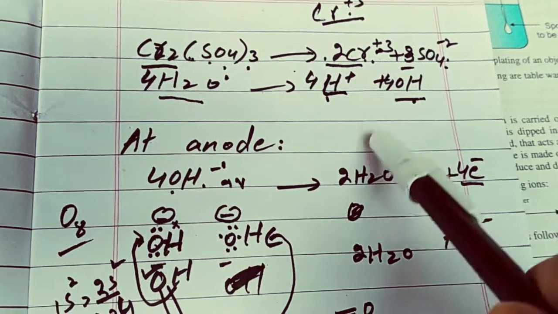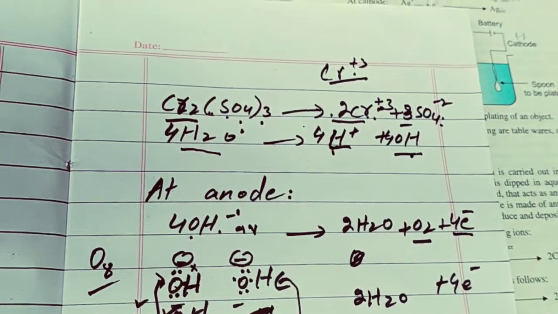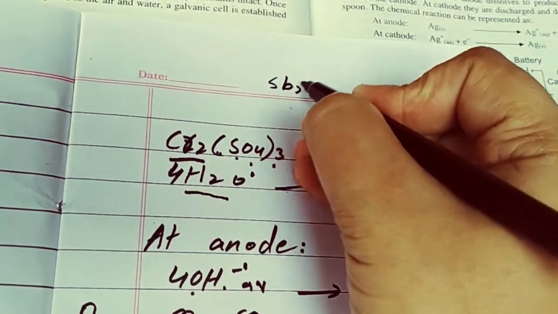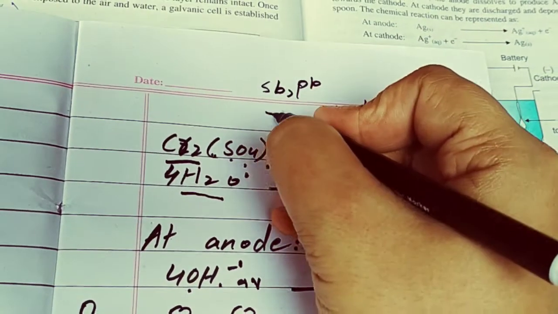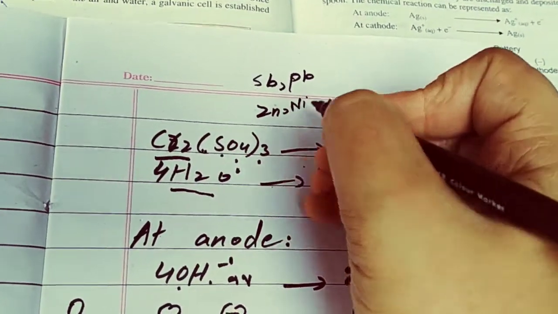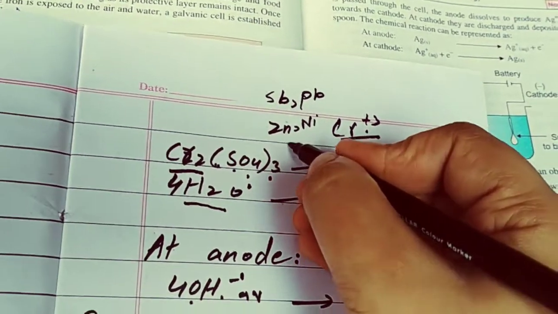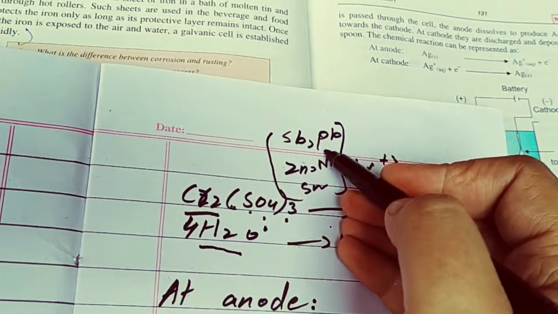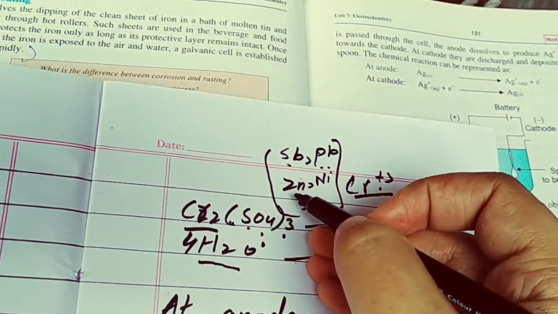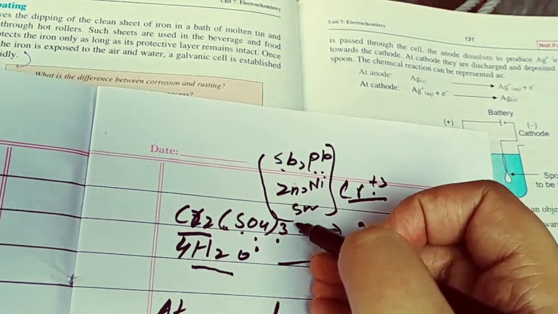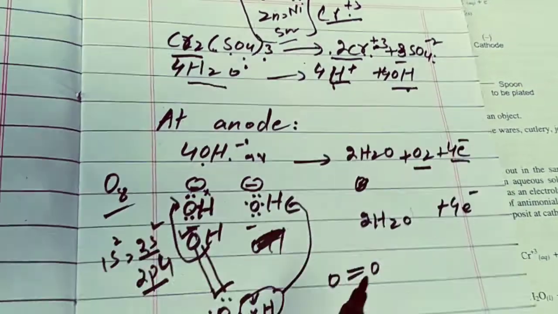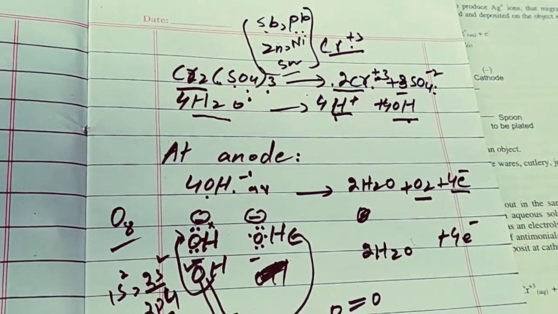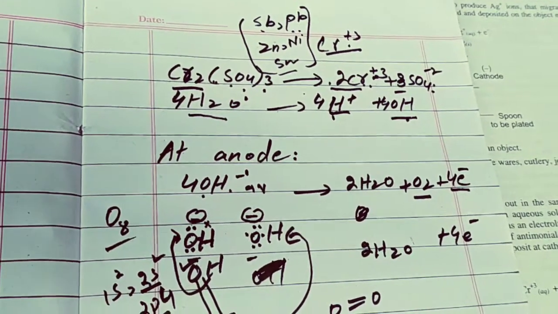That's why we use antimony lead, and antimony lead is a combination of 4 to 5 metals, which are antimony (Sb), lead (Pb), zinc, nickel and tin. It has more portions of antimony and lead, that's why it's called antimony lead, and it also contains small portions of zinc, nickel and tin. So this is the reason why we use antimony lead instead of chromium lead in the electroplating of chromium on another metal.